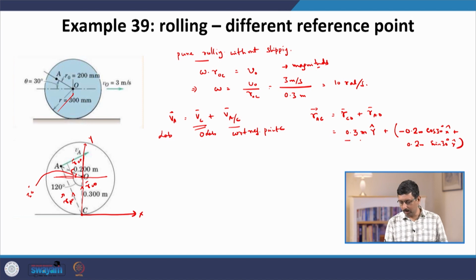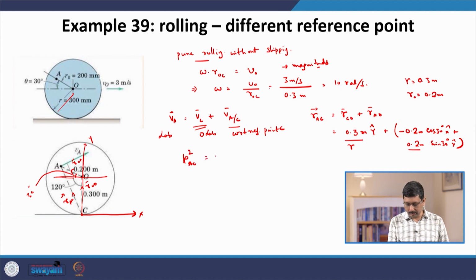Let us say R is equal to 0.3 meter and R naught is 0.2 meter. It is easier to write down the expression, and we will plug in the numerical values at the end. So, then RAC